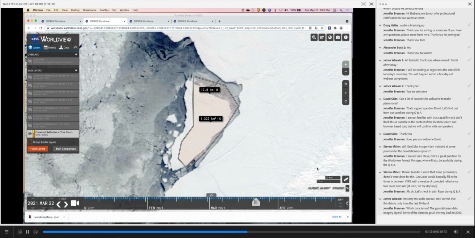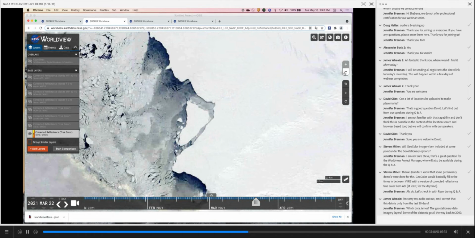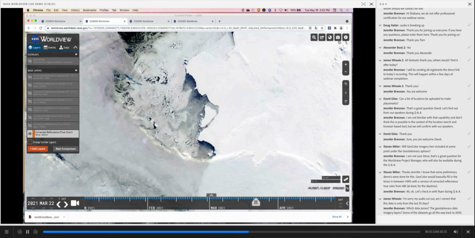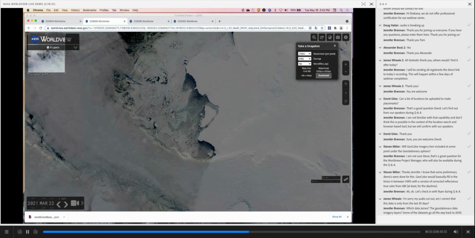There it is. And then remove the measurements. Click on the icon to remove measurements. Now I'm going to zoom out a bit using the zoom buttons. And I'm going to take an image snapshot of this whole area so I can bring this into my GIS